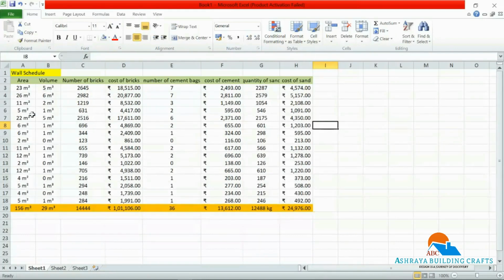This is how the entire wall schedule has been exported to Excel sheet from Revit architecture. This is how we have to create the quantity of bricks, cement and sand in Revit architecture.